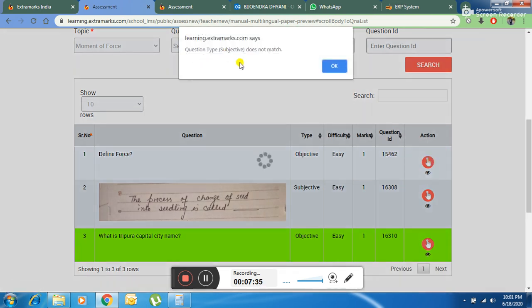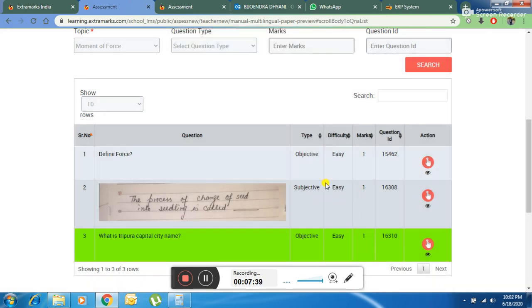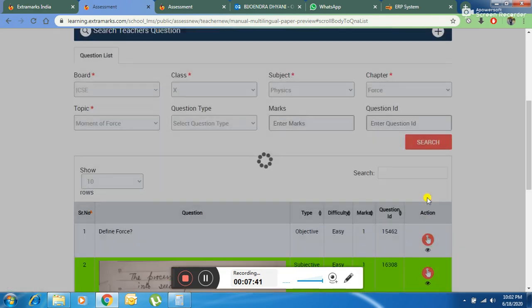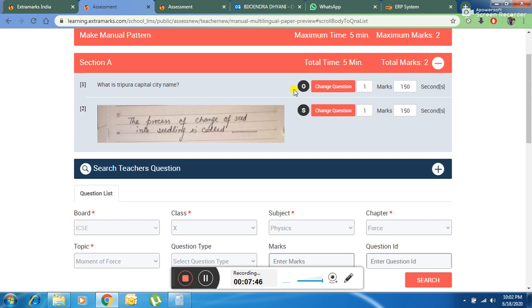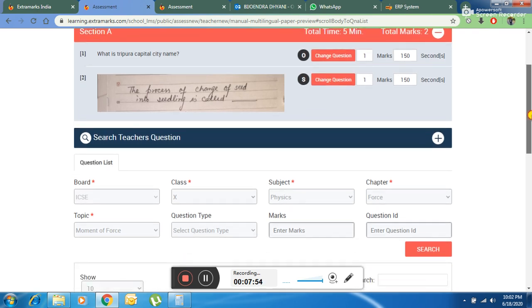It will say question type subjective does not match. Okay, so in subjective type I have to click subjective only. See, it's added. Okay, so I have selected objective also and subjective also. O for objective, S for subjective. Okay, now I have done, my 2 questions is set.